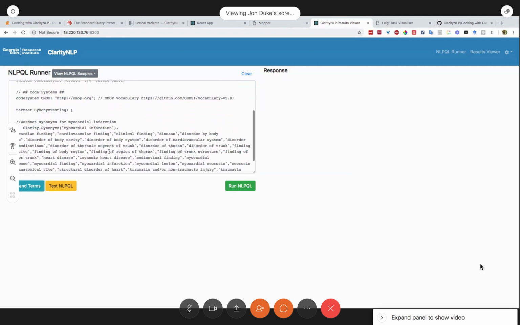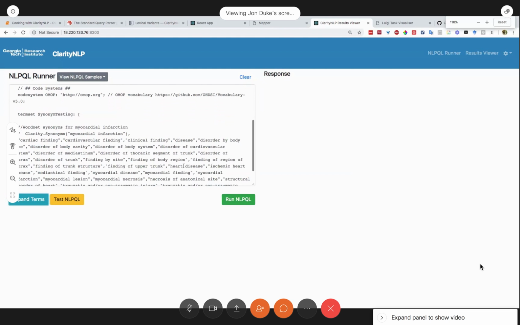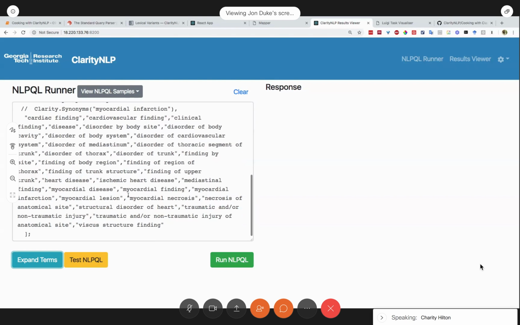Sorry, it's a bit hard to read. Let me blow it up here. So we did Ancestors, and what we got was, for myocardial infarction, all of these going from clinical finding, thank you for not very helpful, to things that are a little bit more specific. We could have also done